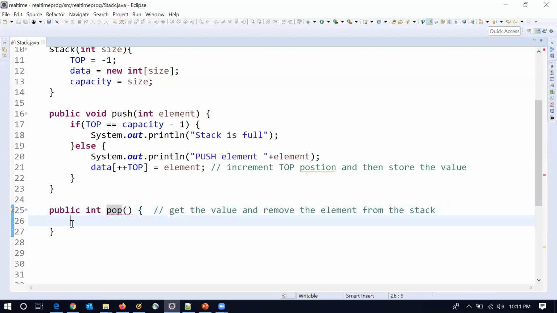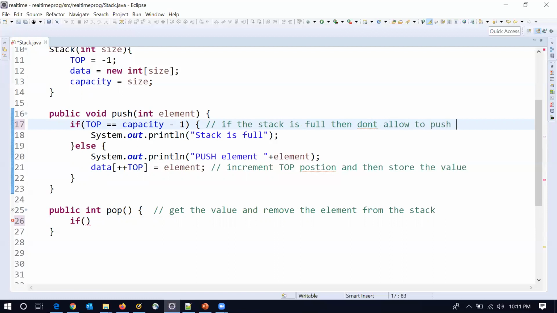Now, in pop, we should again remember two things. If the stack is empty, we should not try to remove the element. So what is the condition here? For push, if the stack is full, then don't allow pushing the element.